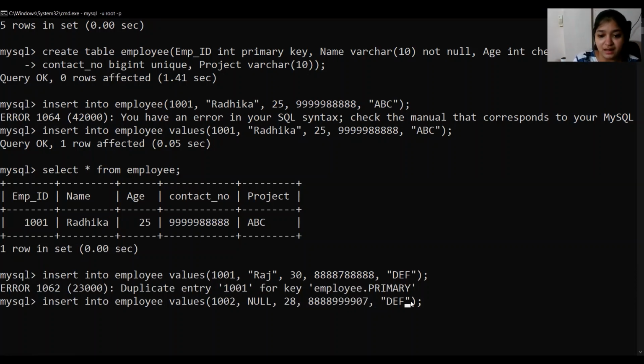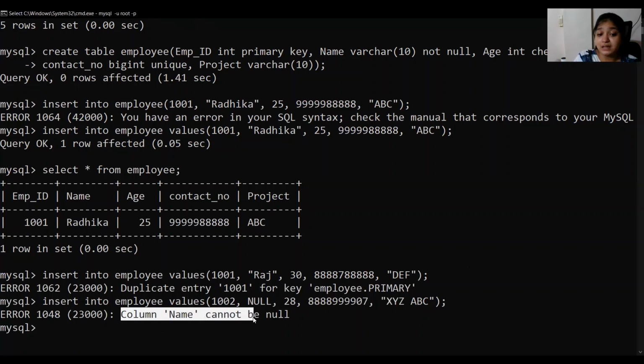And here we can have XYZ, ABC for example, and let's see. Column name cannot be null. So here we have written null, which is not allowed because while creating the table we said that the name should not be null.